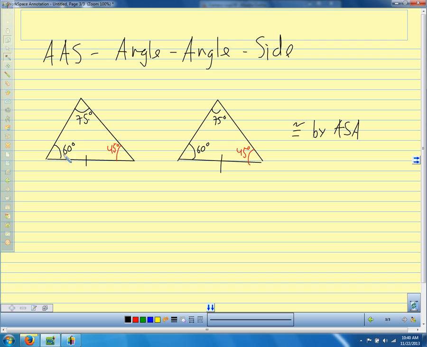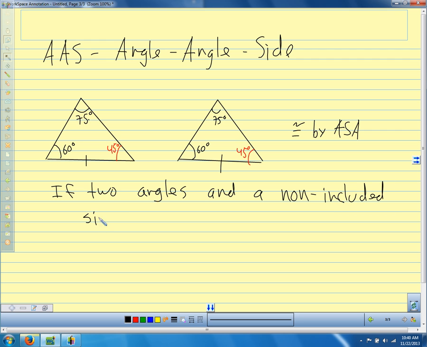And this is where we have to be careful about how we use angle, angle, side. So the angle, angle, side tells us, and this is our theorem because it comes from angle, side, angle. So we're going to say, if two angles and a non-included side, so our side doesn't have to be between the two angles for angle, angle, side, are congruent